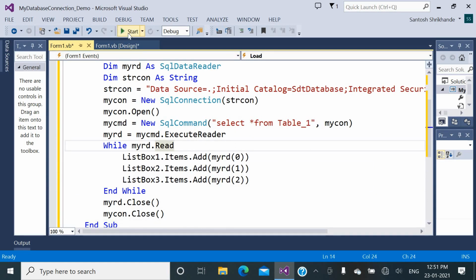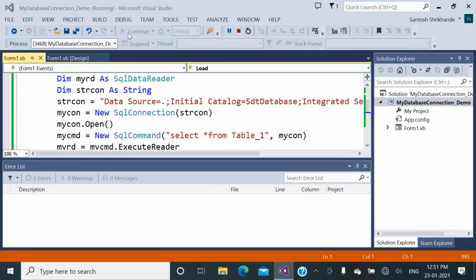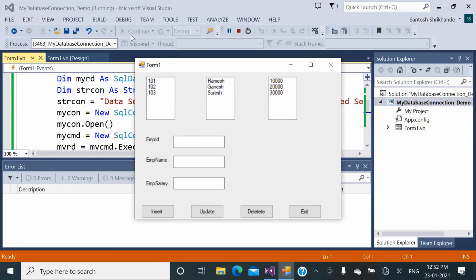We will run it, and you will see all the list boxes are filled. The first list box is filled with all EMP IDs, that is 101, 102 and 103. The second list box is filled with all the names of employees, and the third list box is filled with the salaries of the employees.